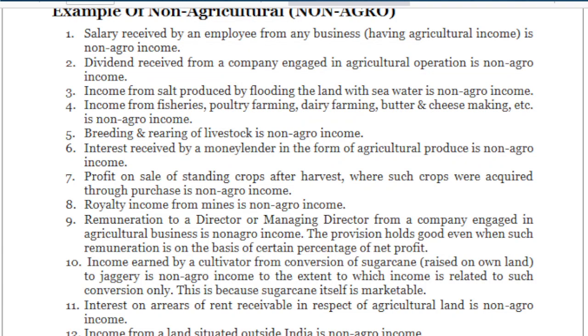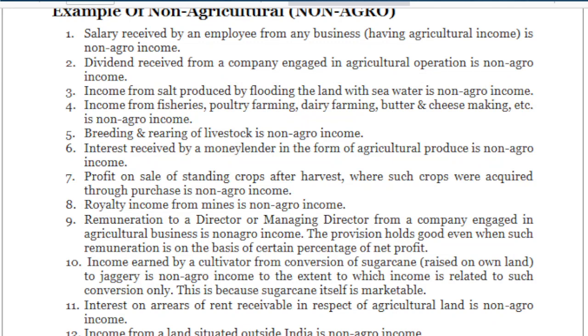We only make coal, iron ore, gold out of the mine. So neither mining activity is agriculture nor the royalty of the land is agricultural income. Okay, next thing, remuneration to a director or a managing director from a company engaged in agricultural business is non-agricultural